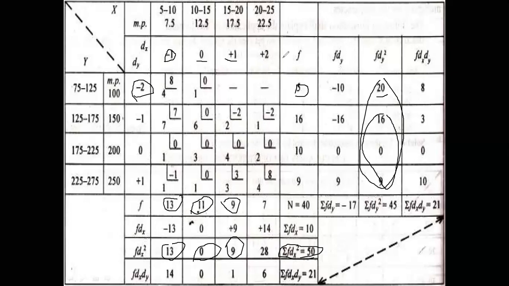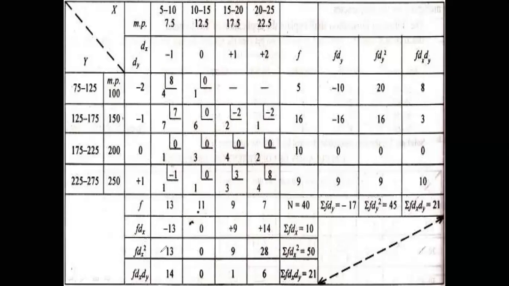Now the next one is the calculation of fdx and dy. So here this is the last step in this particular table. Then how do we do it? Let's try to understand that. As we have calculated these block values which we have not used so far, like in the first one we have 8 value, adjacent to this we have 0, then again in the next column we have 7, 0, minus 2, straight away 0, all 4 are 0, in the last one is minus 1, 0, 3, 8. Now what is the role? The role will come now.